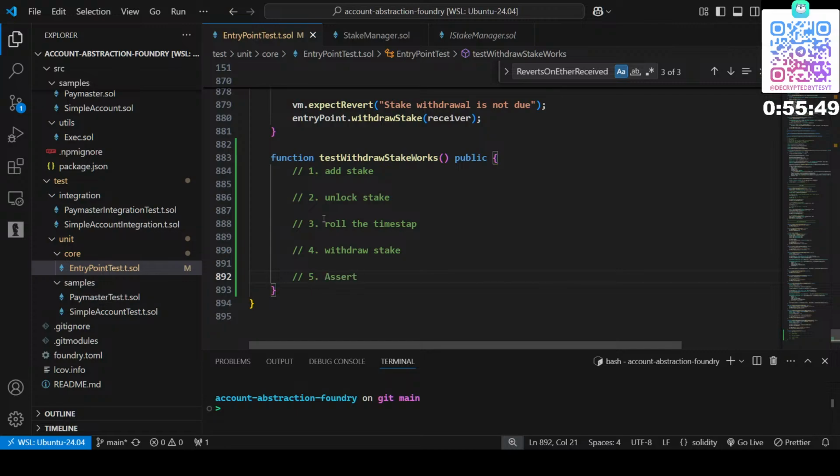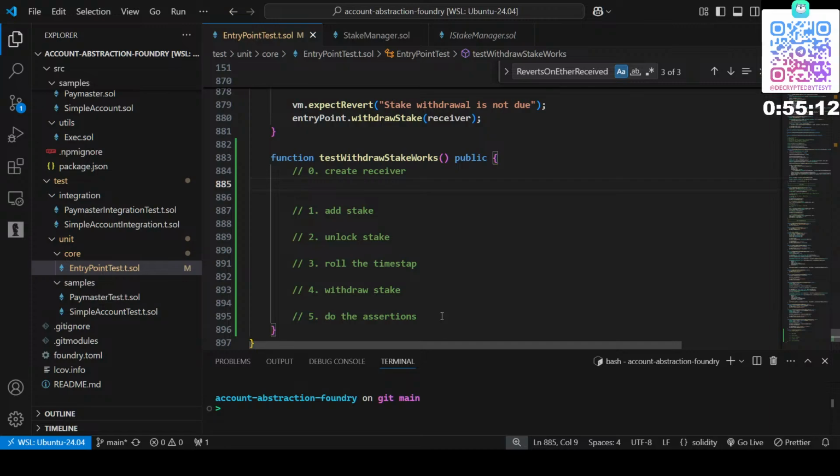assert, do the assertions. Is the spelling correct? Hopefully it should be. No, assertions, there is no ta. Assertions. We can also say like tab 0, create receiver,